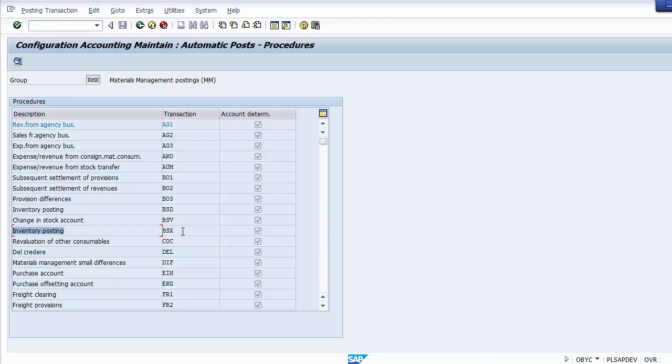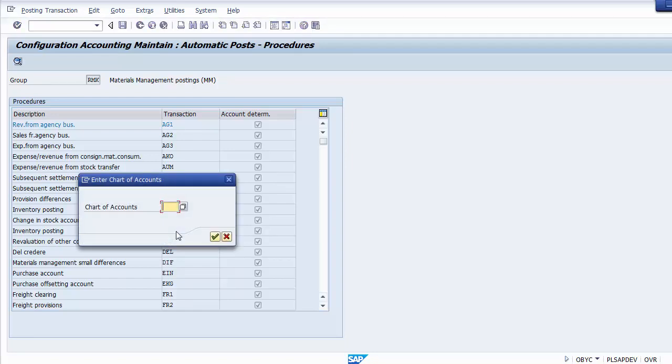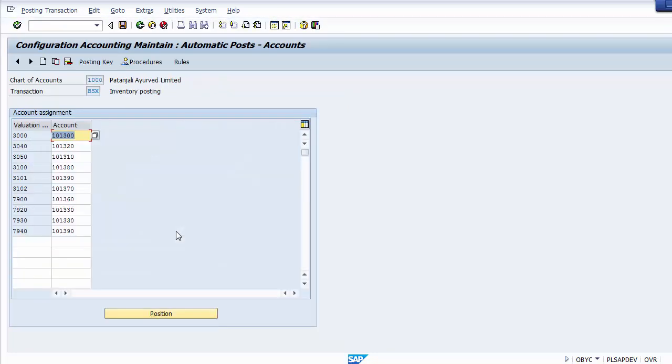So whenever you want to impact any of the inventory accounts, you have to go to this transaction BSX. Once you double click on this BSX, you need to give your chart of accounts. Suppose I give my chart of accounts, enter.